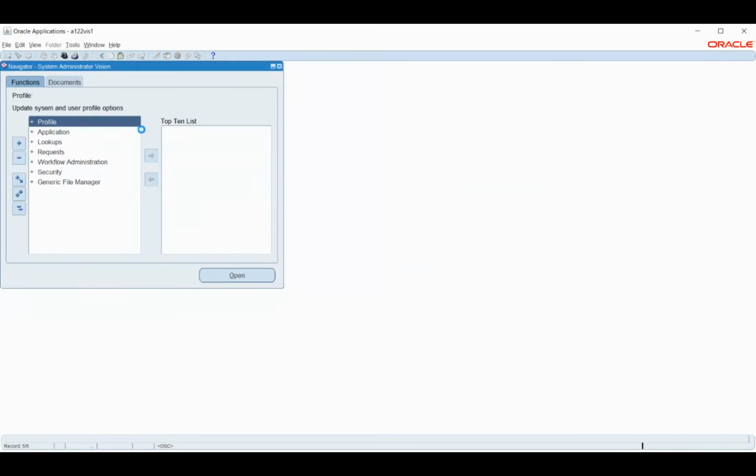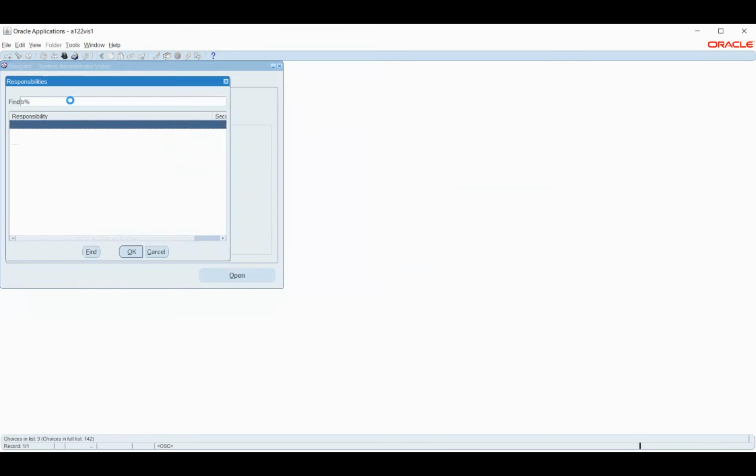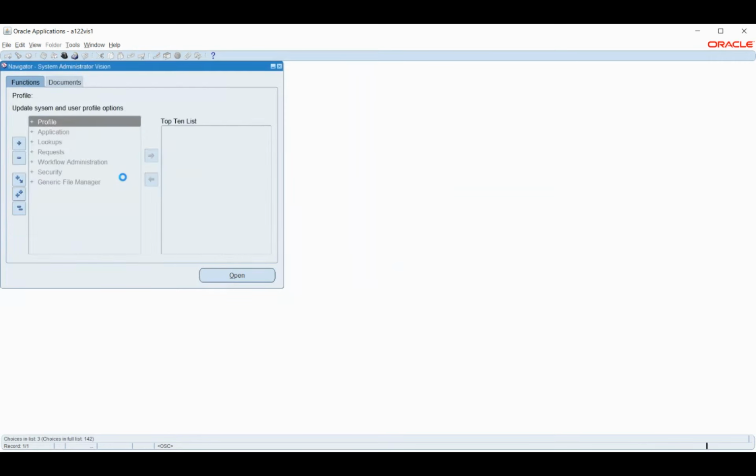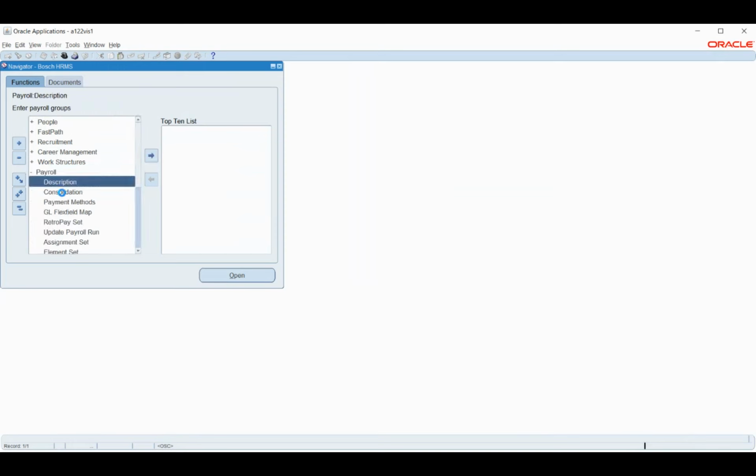Okay, so I have added the required values. Now I'll go back to the payment method and attach the accounts that we created.